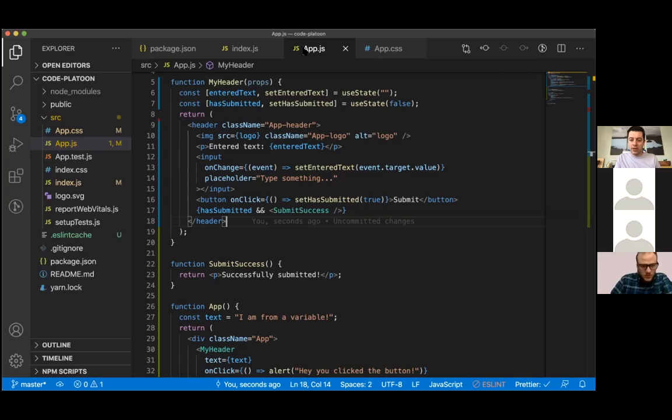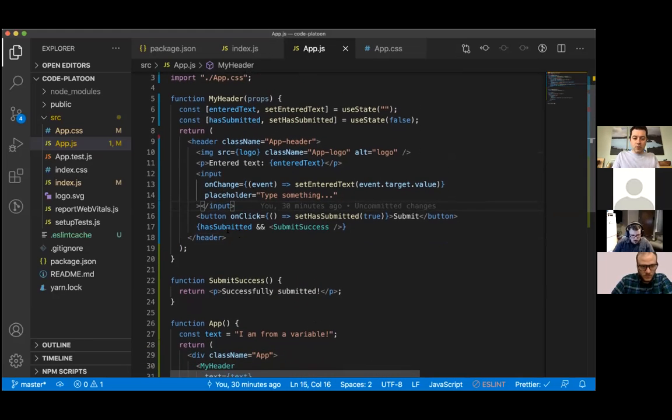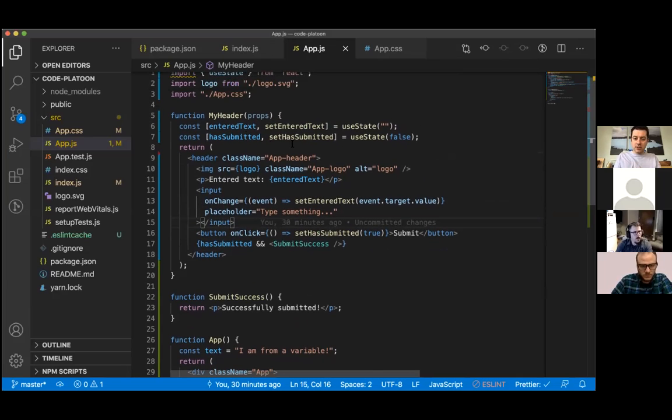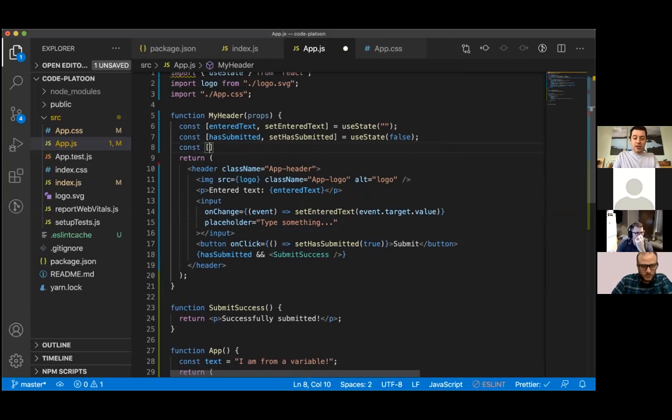Cool. Why don't I go ahead and show you how I do this. So I can move this stuff around. All right, so rather than has submitted just being set to true or false, what I'm going to do instead is, oh wait, actually I can keep that the same. Never mind. I'm going to create a new hook here, and actually, I'm not even going